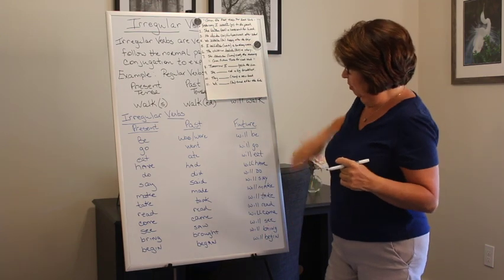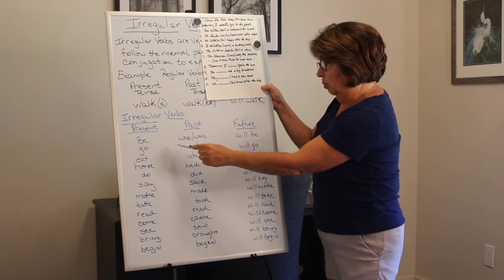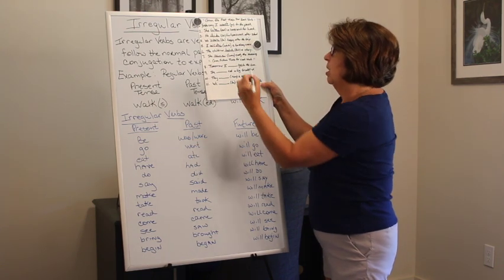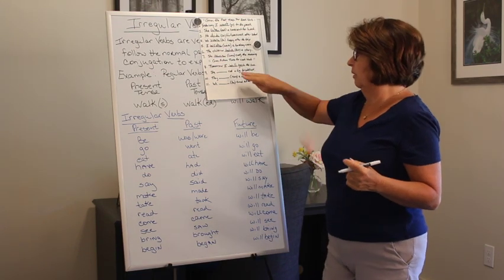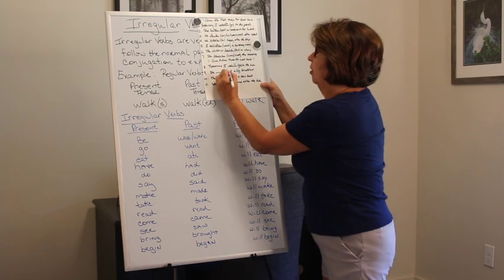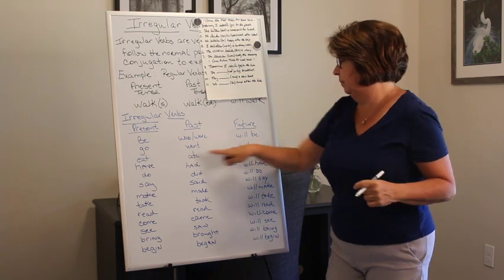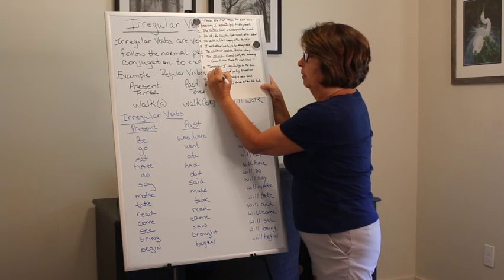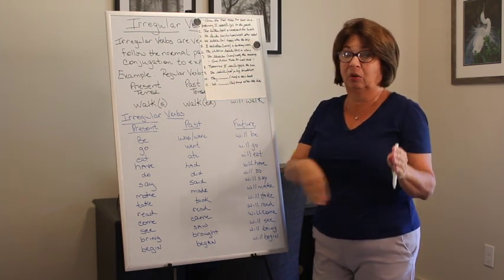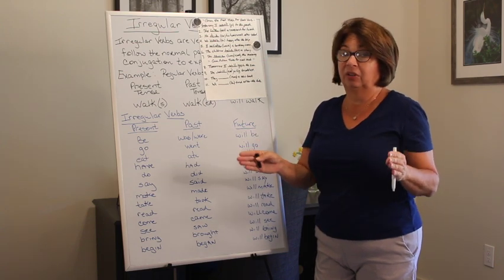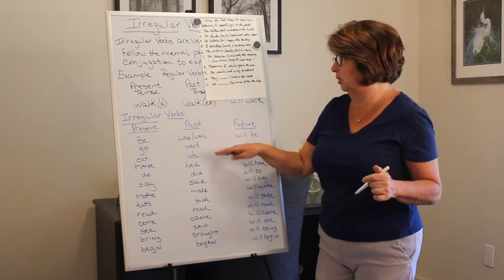All right, now we're going to focus on this future chart. Tomorrow I go to the zoo. So we're going to say tomorrow I will go to the zoo, because that makes it the future tense. Again, future tense. She eat a big breakfast. So she will eat a big breakfast. Future tense is very easy because whatever the present tense or base word is, we're just going to add will in front of it and the word stays the same. The only one you have to concern yourself with changing is going from present to past.